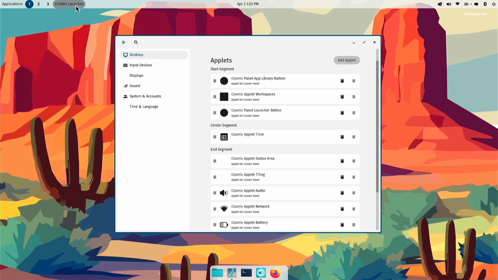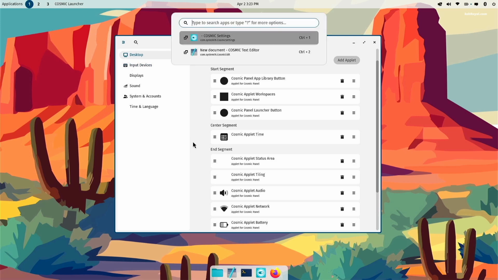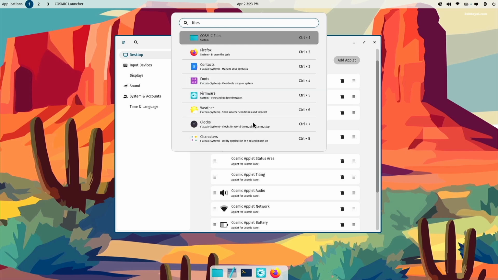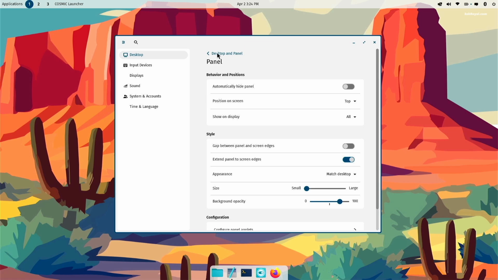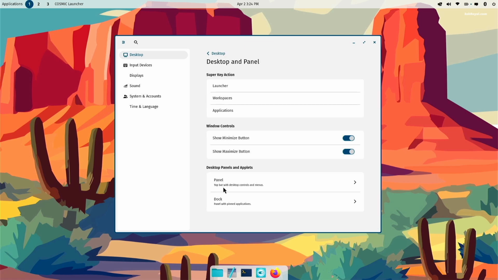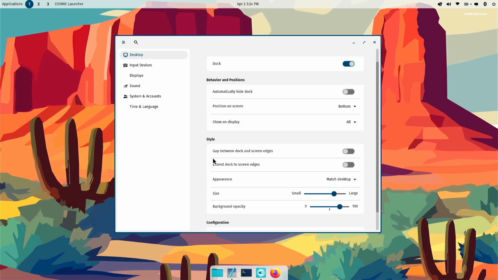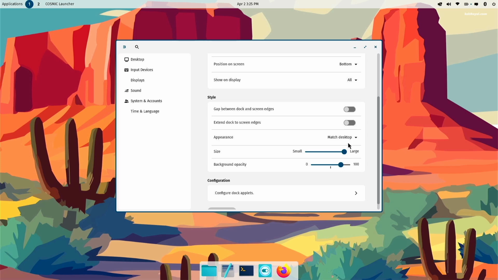This is kind of similar to KRunner on a Plasma desktop that allows app searching and more. You can also increase the panel size using the style options.